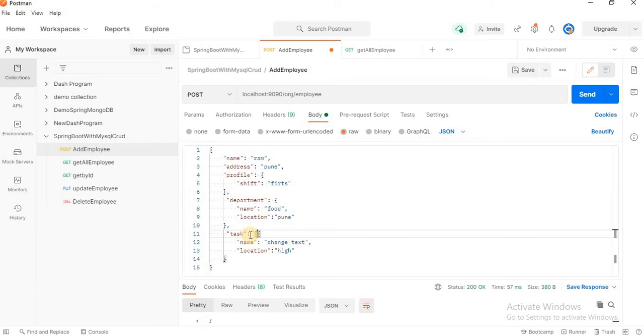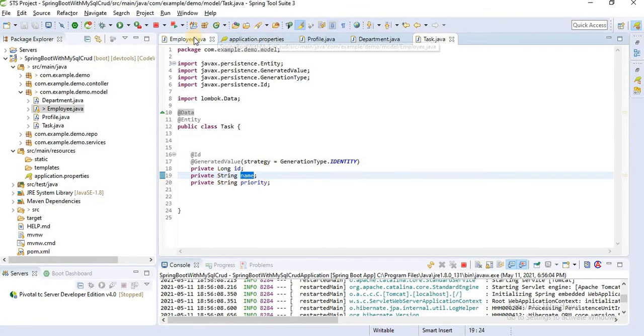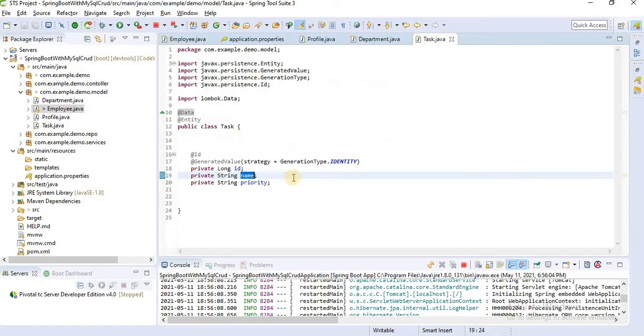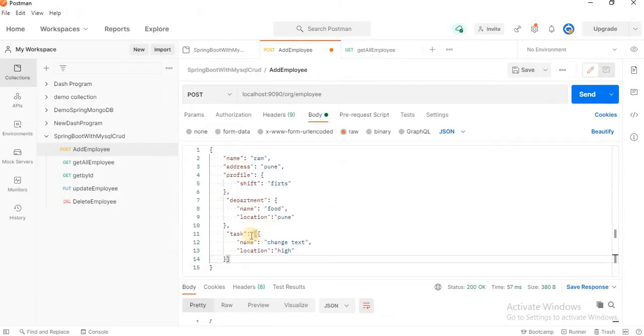It should be passed inside the array because here we declare a list. You can see here we declare a list. That means we can pass more than one task. Let's pass one more task here.